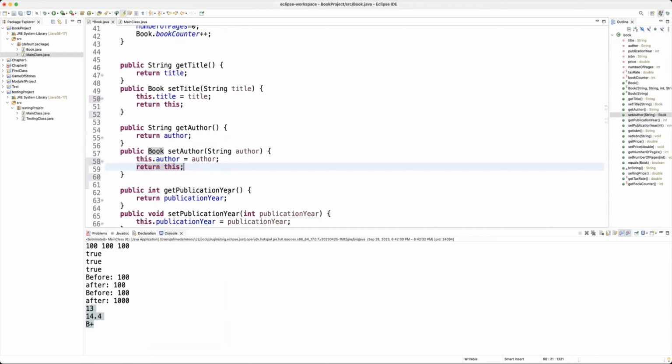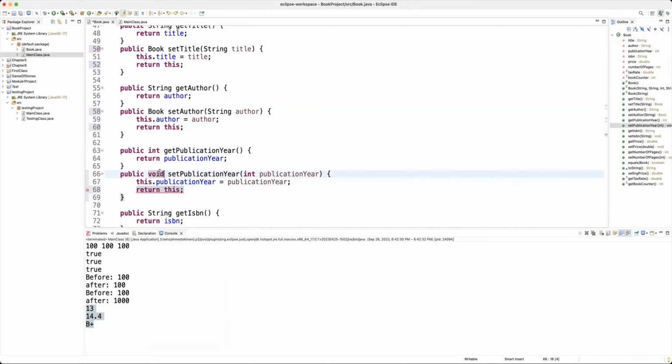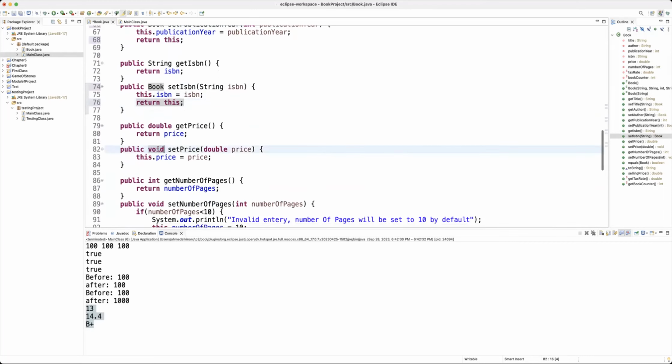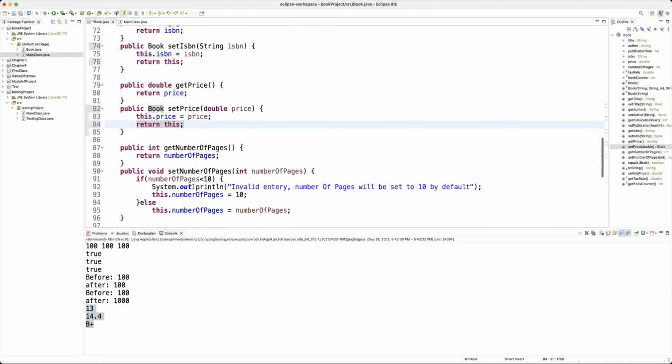Control V. Control V, and of course, Book. And Book again. Book. And finally here, Book again. And at the end,